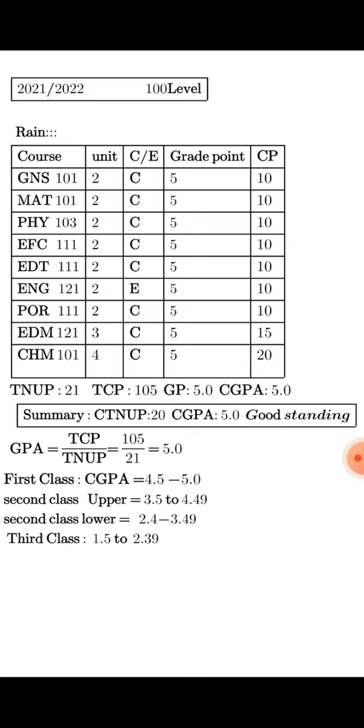Now for first semester, you have not got into second semester, so you don't have a CGPA yet. But in this case, we assume that you have a CGPA of 5.0, and this means that you fall under first class. You're a first class student. Those students that fall between 4.5 and 5.0 are first class students. Those whose CGPA is 3.5 to 4.49 are second class students. Those ones that fall between second class